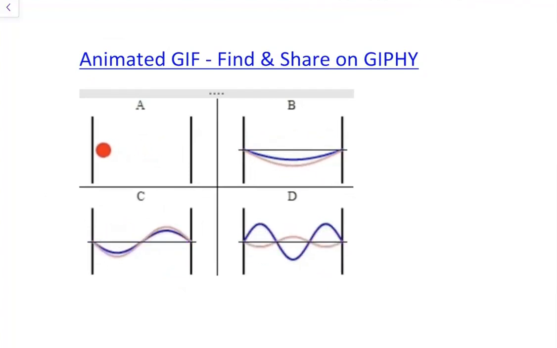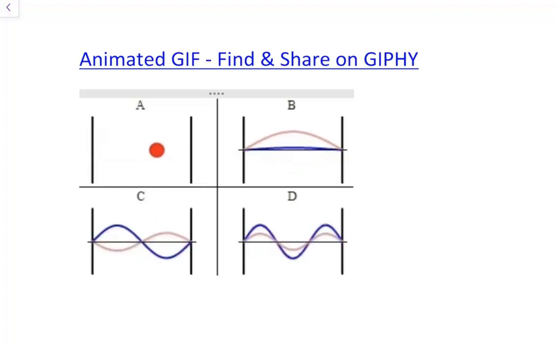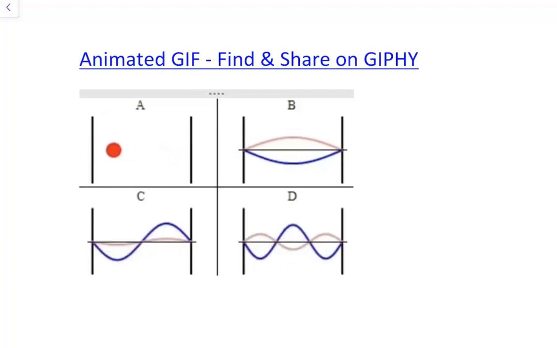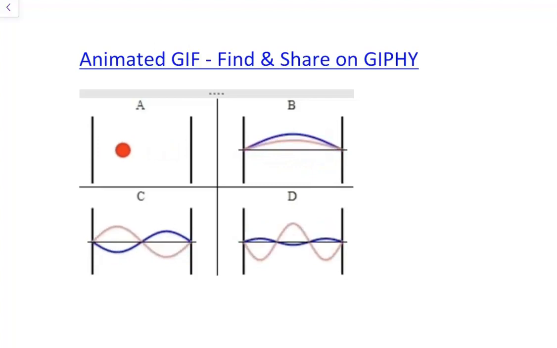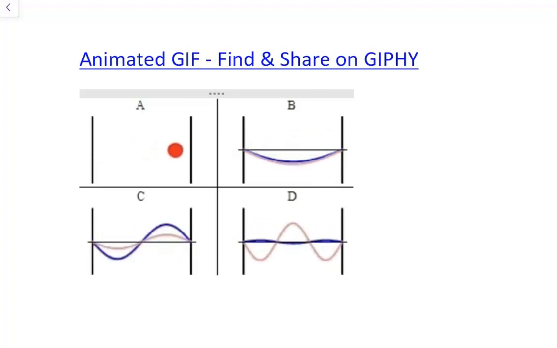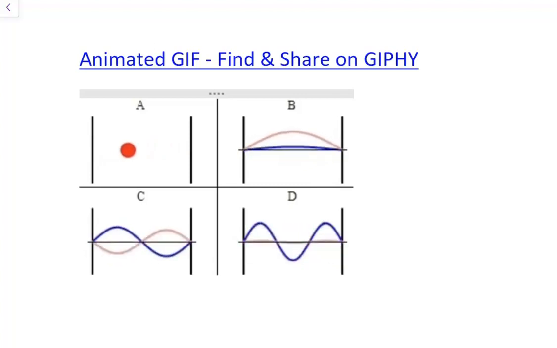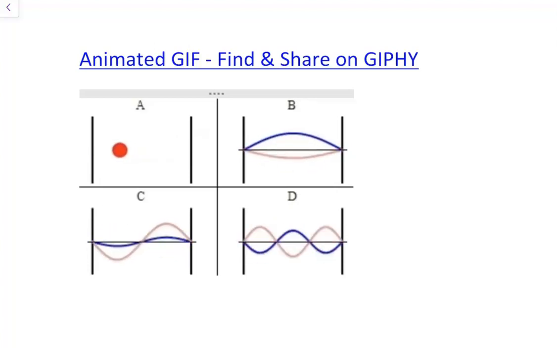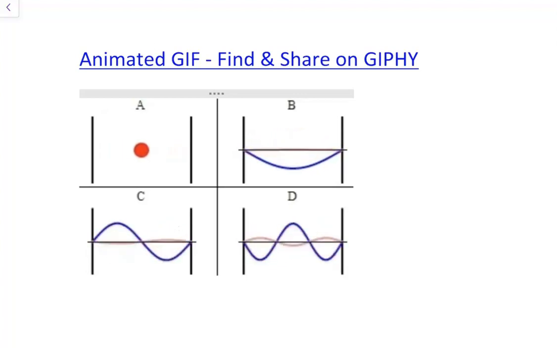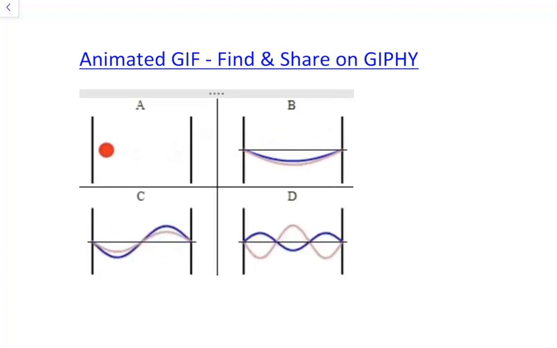And it's mostly B, C, and D, when we had a string moving up and down between 2 points, and it kind of harmonized and created different harmonics depending on the speed of the string and all of that. Well, in this case, we're really just focusing on electrons and their wavelength and the length of the string. You see in part A, we're actually going to try to think of an electron going back and forth. It's called an electron in a box. And this is a one-dimensional simple harmonic motion. But if we twist it, we end up with it going in a circular path back and forth